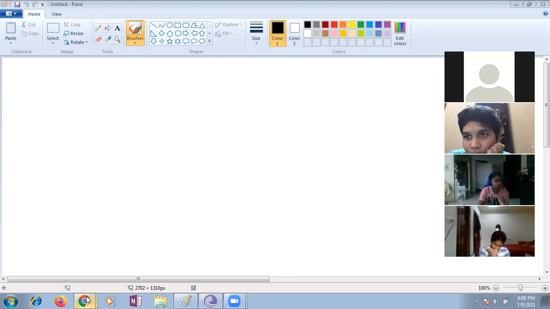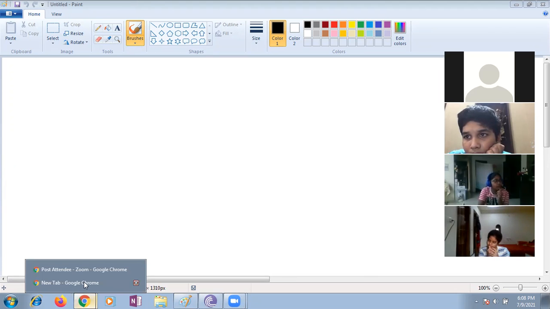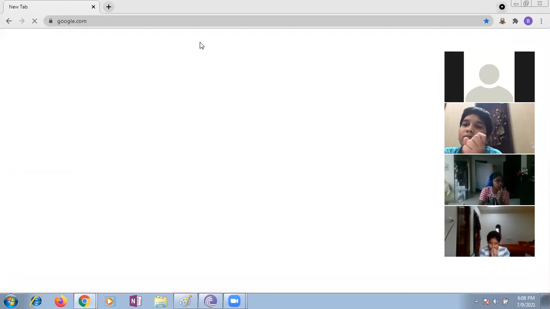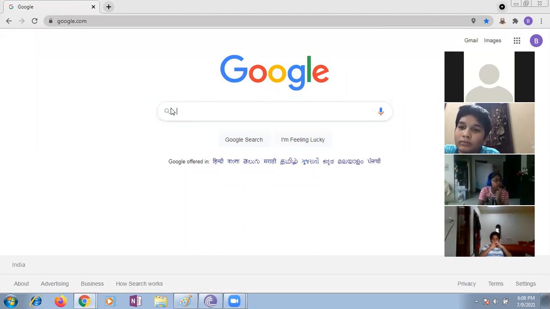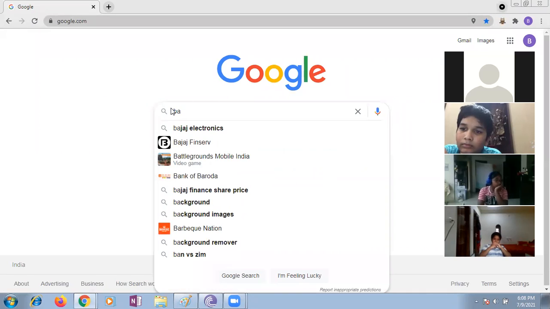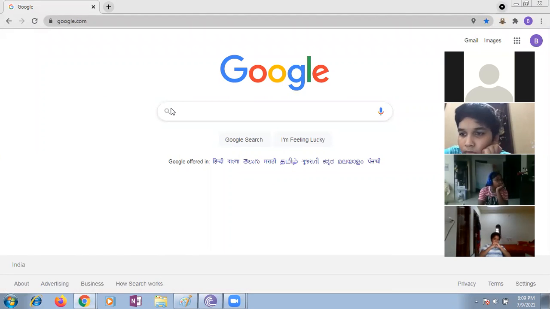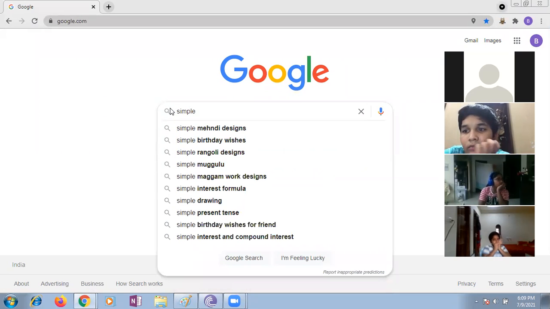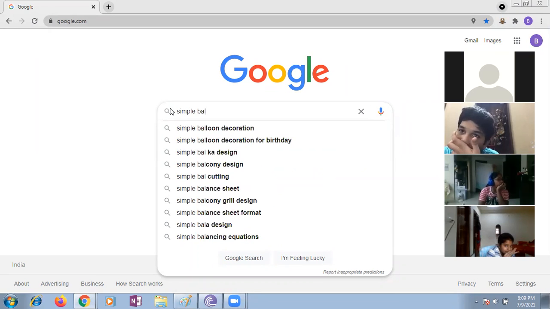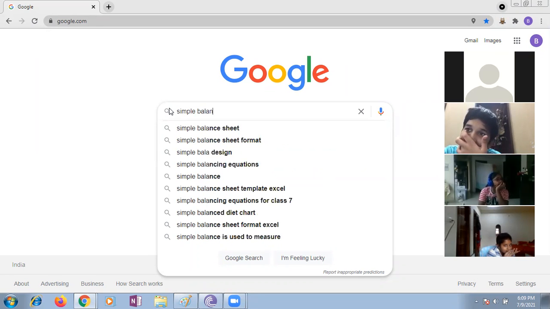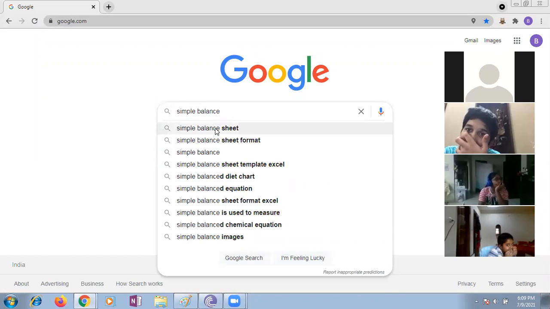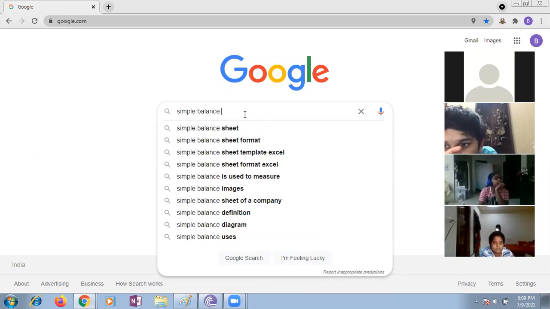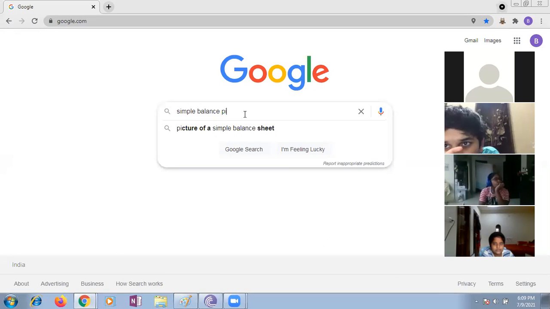Okay. Any other things about balance? Ma'am, they keep the vegetables and fruits on one side and the stone on another side. So if we need 1 kg, they keep a 1 kg stone on one side and an amount of vegetables and fruits on the other. If it's more than 1 kg, they remove them one by one, and when both are equal, they give the fruits and vegetables to us.